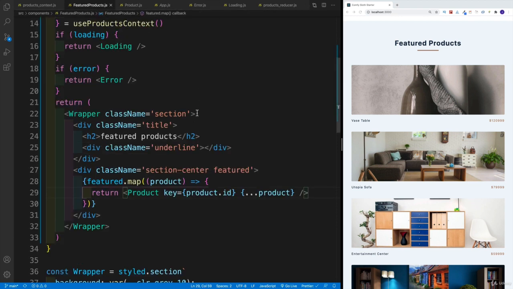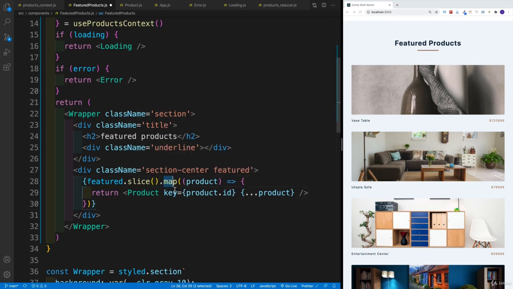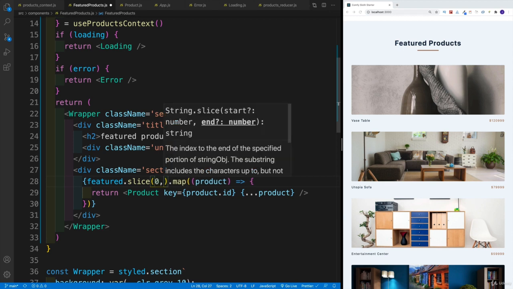And then in JavaScript, we have the array method by the name of slice. So essentially, it gets items from the array and then creates a new one. So instead of iterating over the whole thing, I'm going to say feature dot and then slice, and then I'll pass in, well, how many items I would want, and then I'll change my map. And in my case, I'm going to go with 0 and then 3.